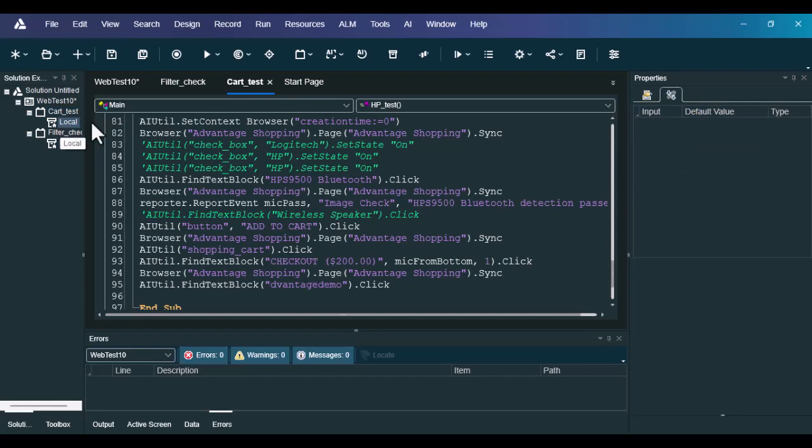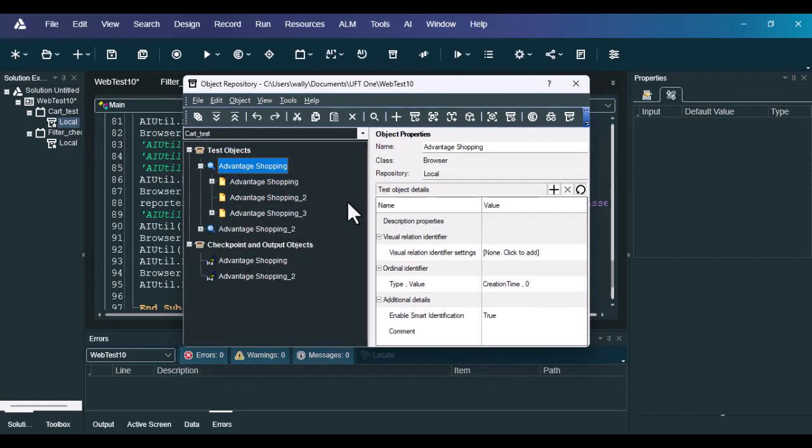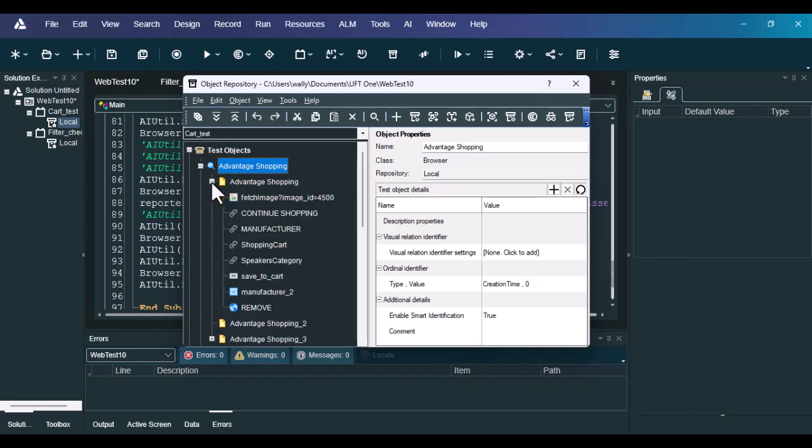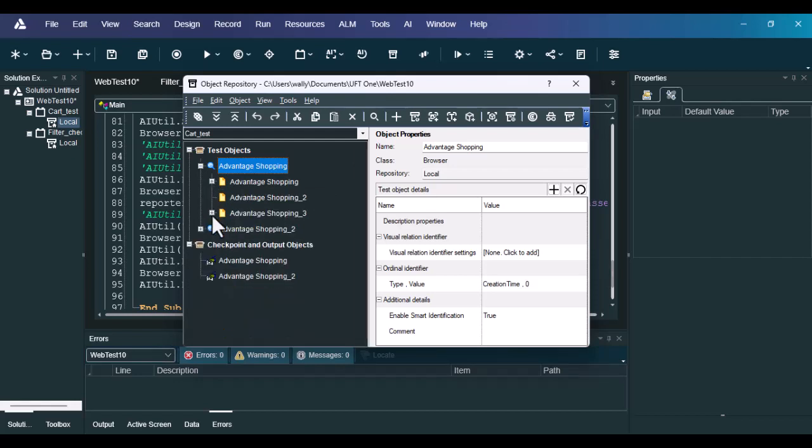And in the cart test, it uses Advantage Shopping, Advantage Shopping 2, and Advantage Shopping 3. However, it's only the one with no number and 3 that has some of the objects defined. So we have all of those objects that we've been using throughout, and now we have this one where, these are actually not the ones we're working with for HP. So we may be okay,